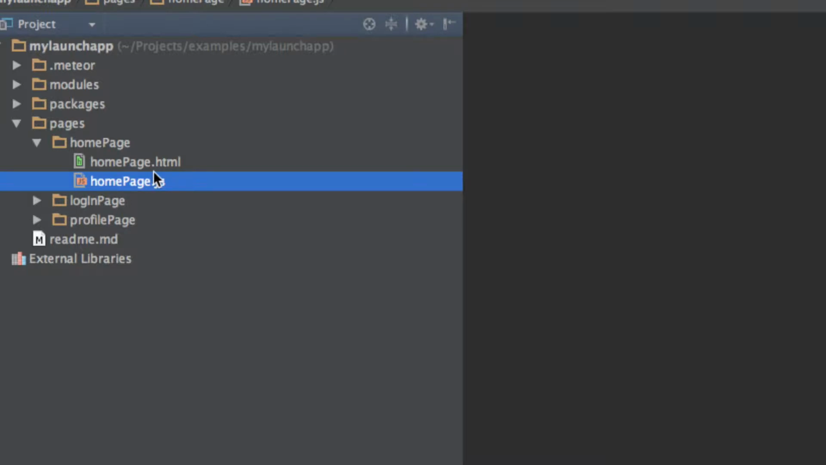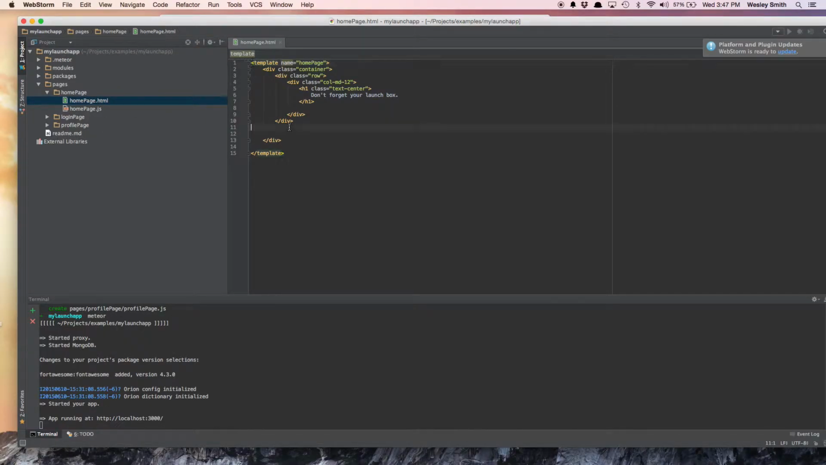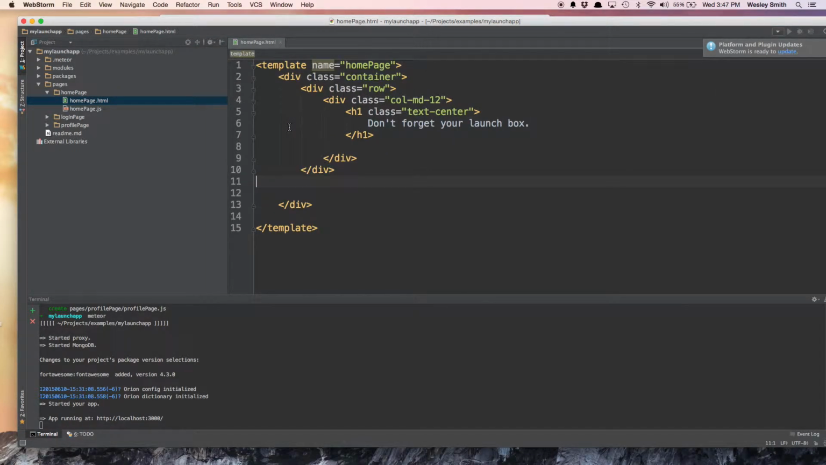So now let's go ahead and open up one of these files. So here, this is in the homepage.html file. We just have our template name, homepage. Then I've just shown you guys the normal Bootstrap structure you should be using. So we've got a container, we've got a row, and then I've got a full width column layout. And then here's where I put my title, and then I said, don't forget your launch box. So really basic. Now if we look at the JavaScript file,